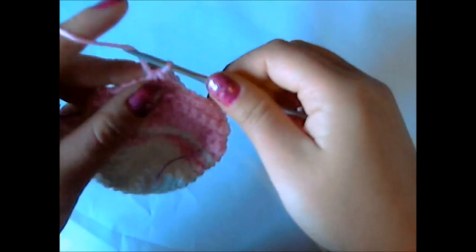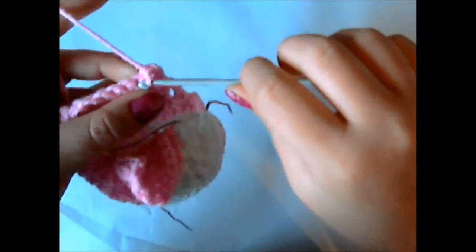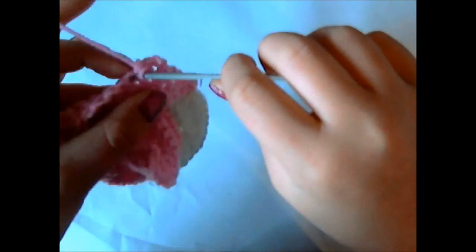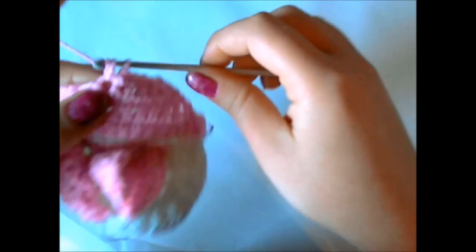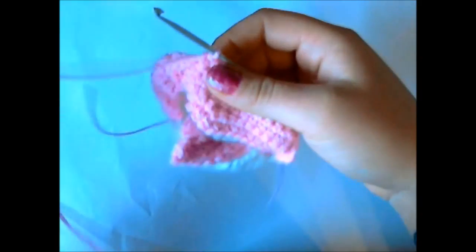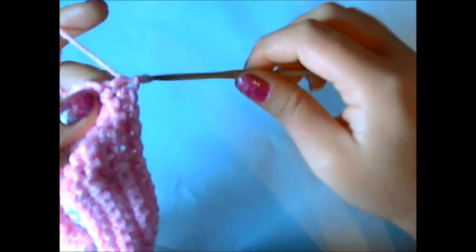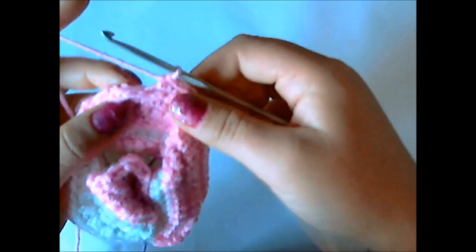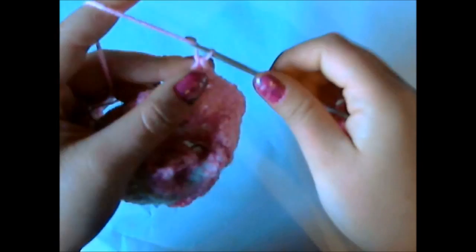You should have 15 stitches, so you want to chain 1, turn, single crochet across the 15 stitches, 1, 2, 3, 4, 5, 6, 7, 8, 9, 10, 11, 12, 13, 14, 15. Now you want to finish off there,